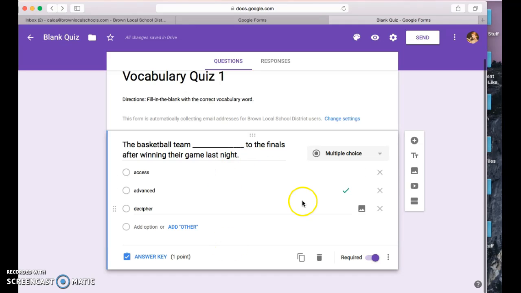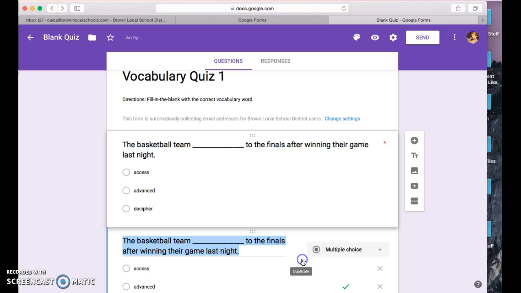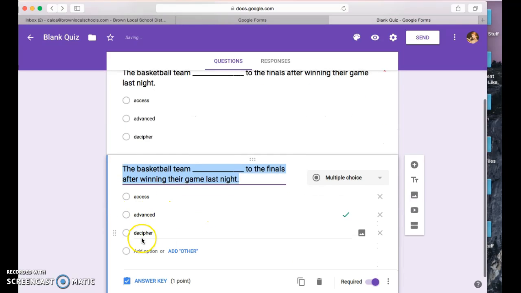If I'm finished with this, I can make a new question with this button. I can put a title. You could add images, you could add videos, or what I mostly do, because a lot of the time these answers are going to be the same for multiple questions, is I click this button and it copies the question for me. So instead of retyping in all of my answers, I can just change this right here to be one of the other